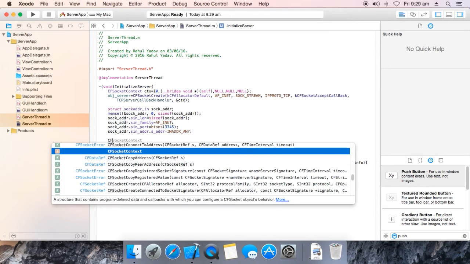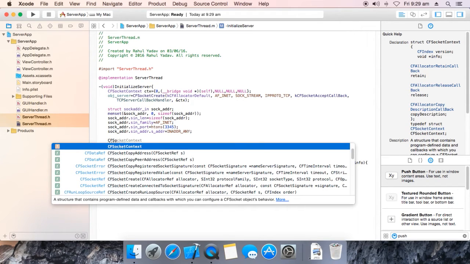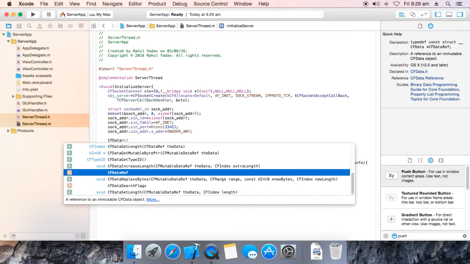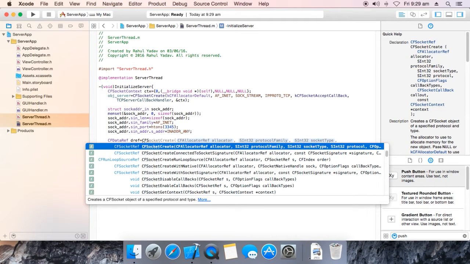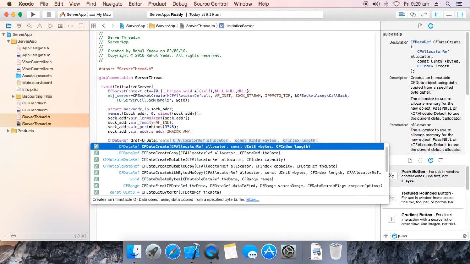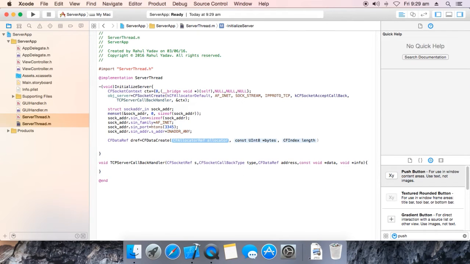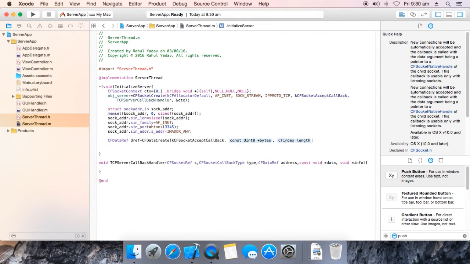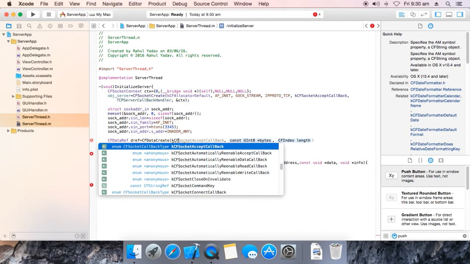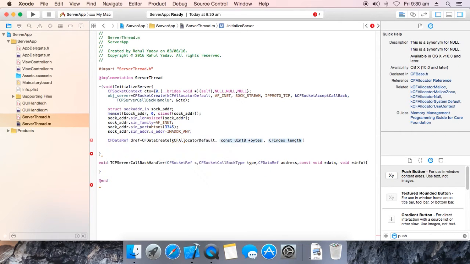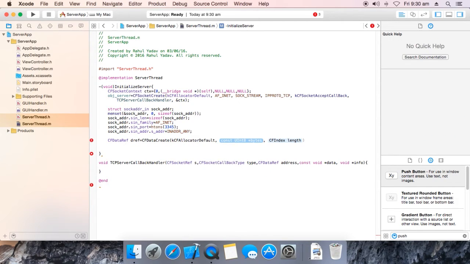Okay, CFSocket CF data reference, dereference is equal to CFSocket CF data create, KCF allocated default. Okay, now address. Okay, address of socket,